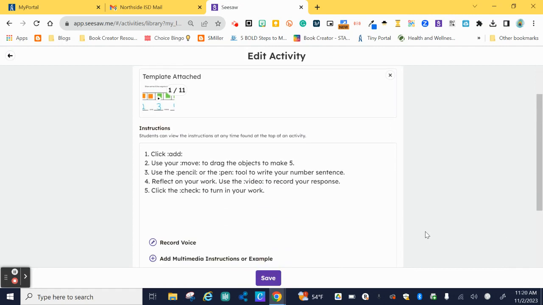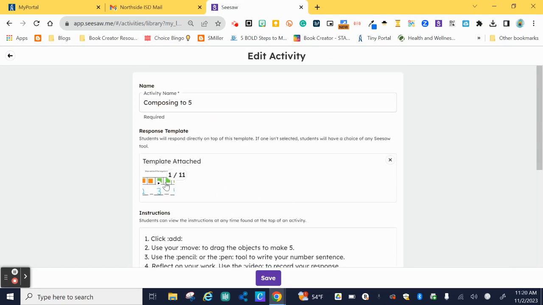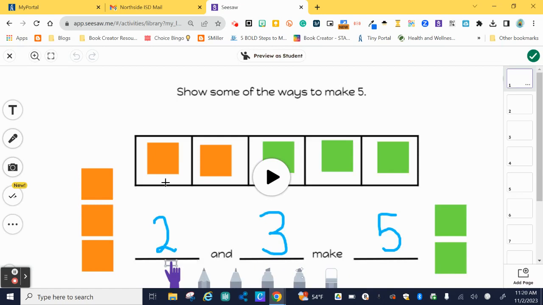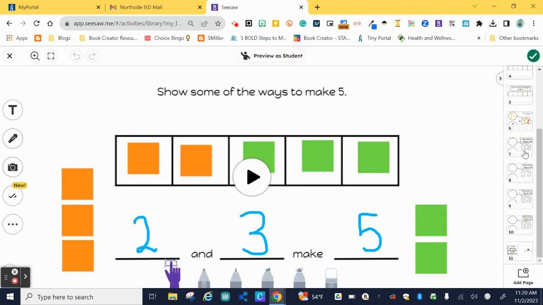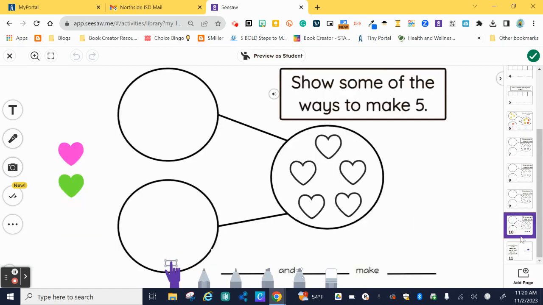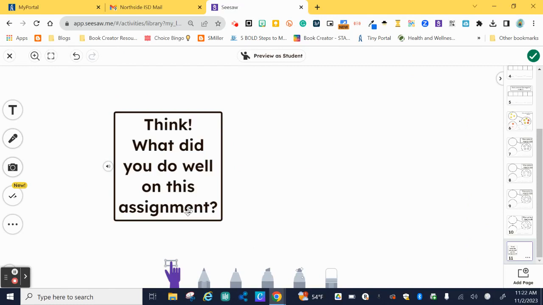piece. I'm going to click here on the template and notice this activity has 10 pages. In this example, I already added the text box with the prompt that I want my students to respond to. Think about the different prompts you could use to extend student learning to have them reflect on the activity that